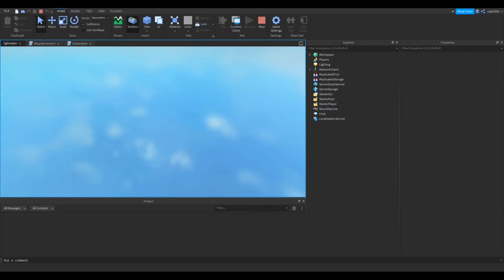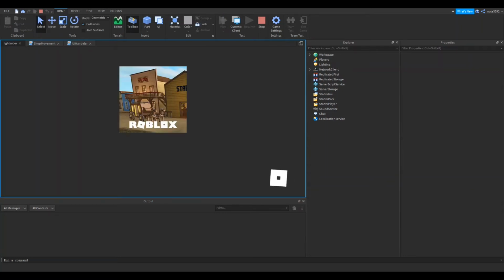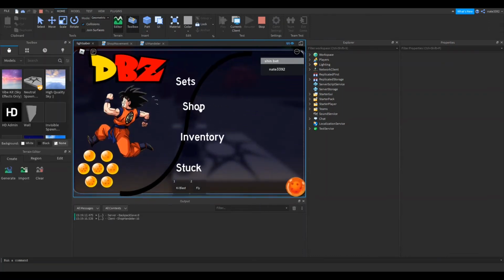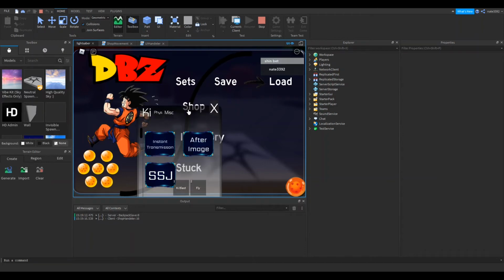So we join in, right, and boom, we have the shop. Cool, we can move it around. We have sets, right, and here is where I run into my problem. Every single time